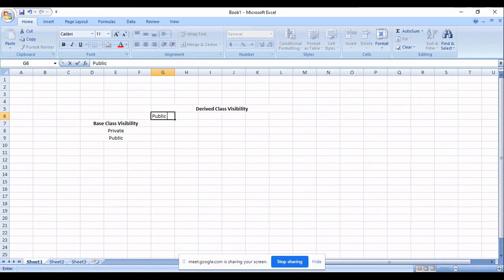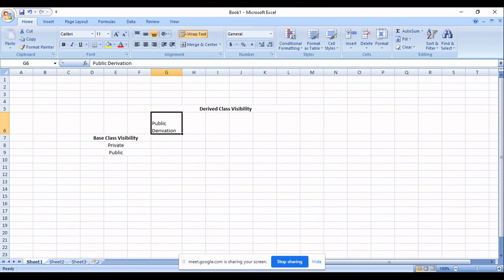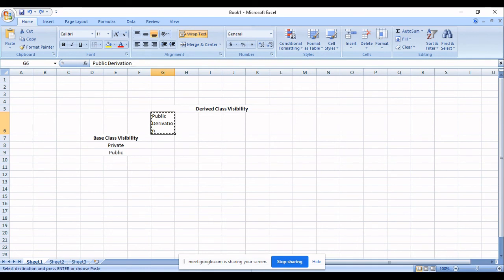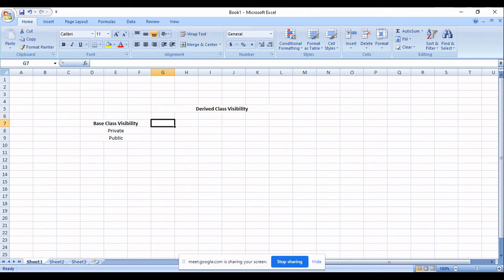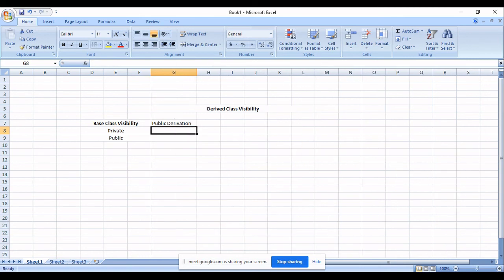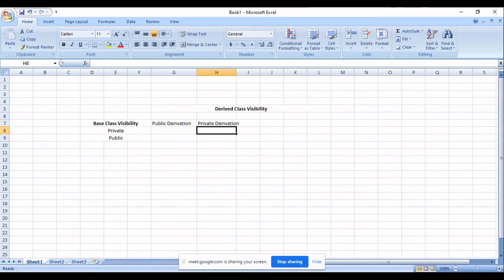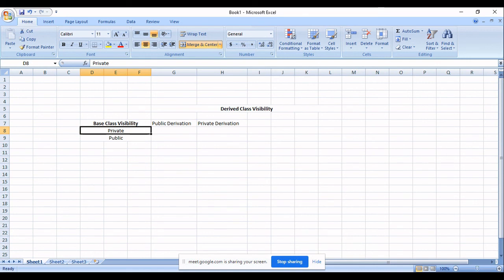So is it public derivation or private? Okay, so if a member is private in base class, under what scope will it be in derived class?